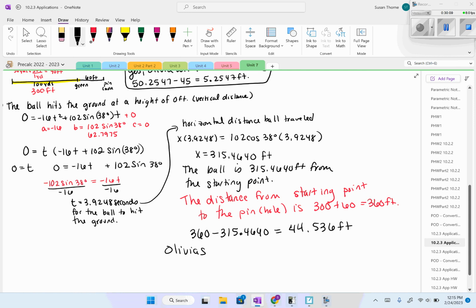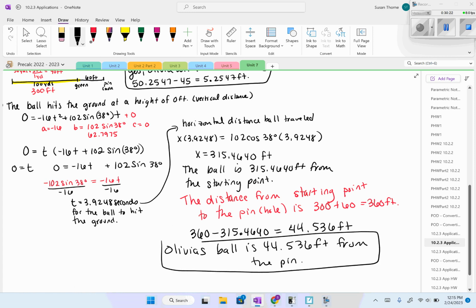So Olivia's ball is 44.536 feet from the pin. And that is it for our notes for